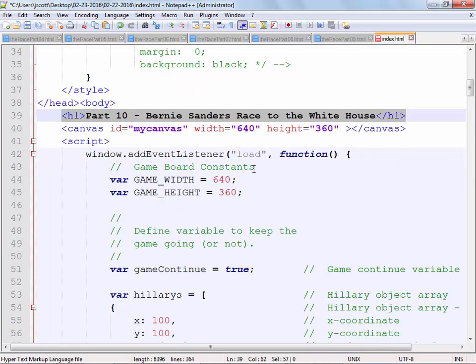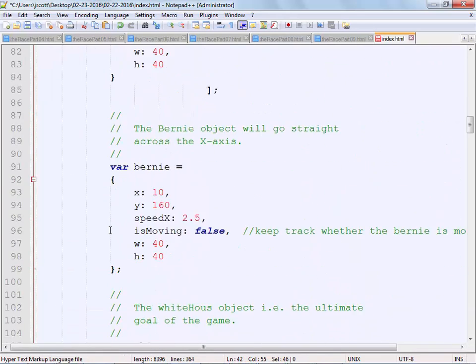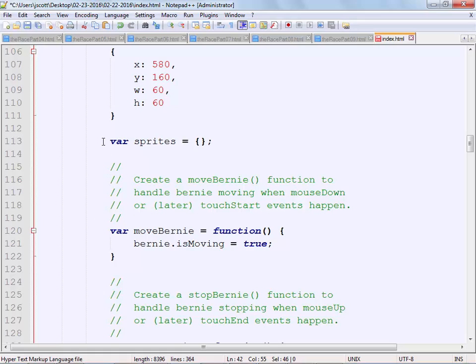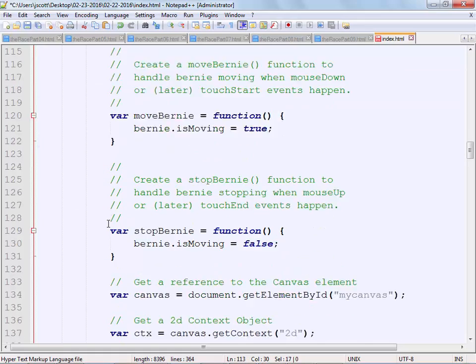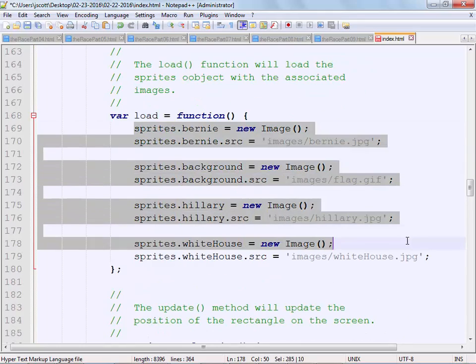All right? So then we put everything, we're saying, hey, as soon as you start up, call this load event. Call that function that's called load. And what's load? That's everything that's in the program. That's everything that you've seen. There's nothing else new in here other than we create this object called sprites, and that loads all of the images in.